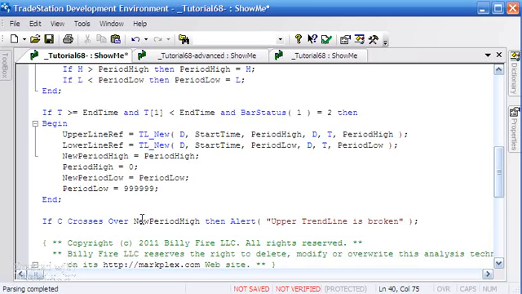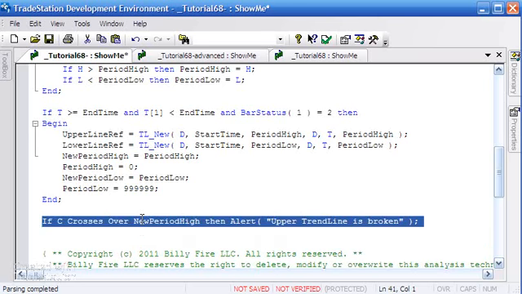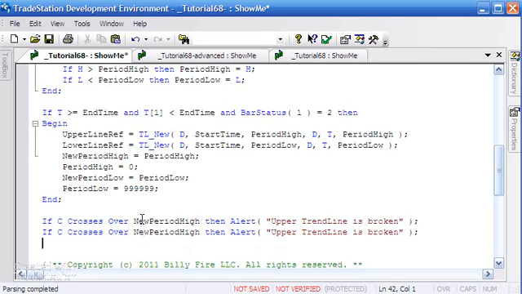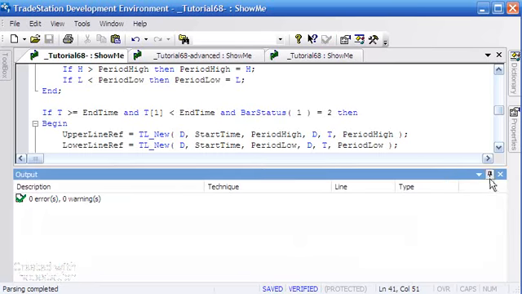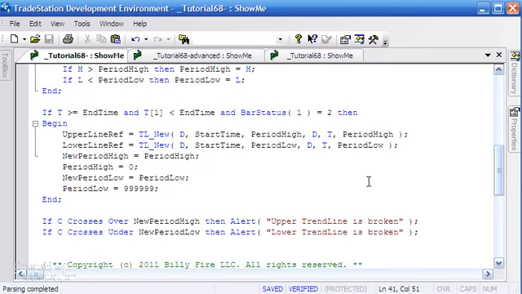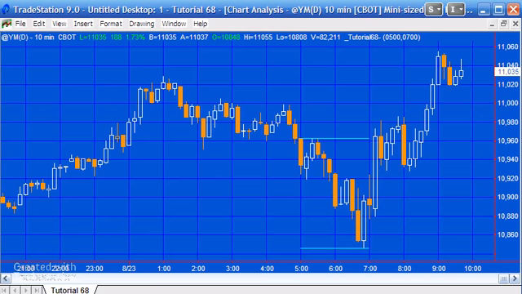Okay, semicolon, and we're going to do a similar thing for the lower. So we're going to say if C crosses under the new period low, which is the other variable we created, then alert lower trend line is broken. So I'm going to press F3 to verify that. Looks like we're good. So having done that, we then go back to the chart where this thing is set up,